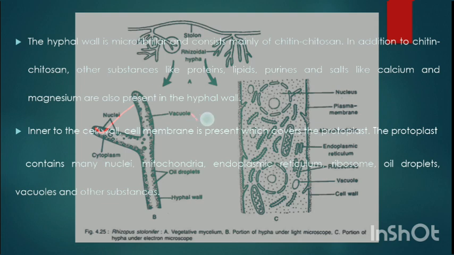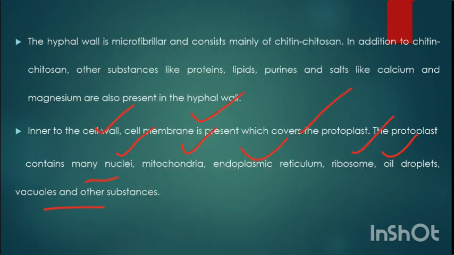Inner to the cell wall, the cell membrane is present in Rhizopus, which covers the protoplast. The protoplast contains nucleus, mitochondria, endoplasmic reticulum, ribosomes, oil droplets, vacuoles and other substances. Okay, next